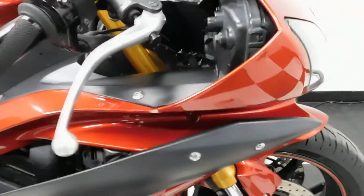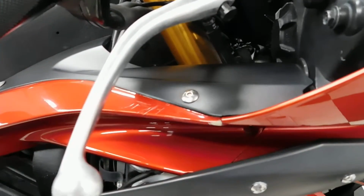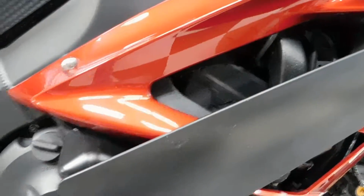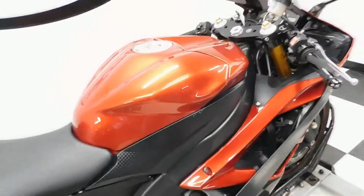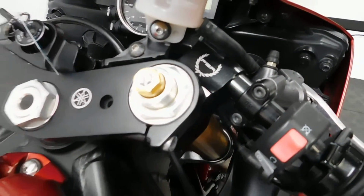Okay, so the tip over on the right side, fairly light. We've got a little scuffing and scratching there on the upper cowl and middle fairing. A little bit there on the engine cover. A little bit there on the middle fairing. And then we've got a dent in the exhaust here, but no running problems. This also has PSR clip-ons,